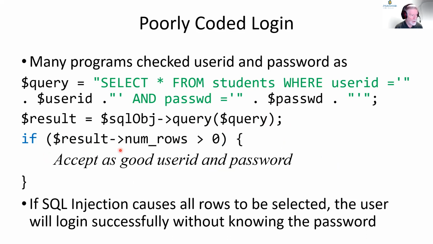And then we say, well, did we get anything? Is the number of rows returned greater than 0? Assuming that if the result is 0, if there are no rows returned, then there aren't any lines in the database that include that user ID and that password. So you're checking to see if the user entered the right password. And if you get something other than 0, you say, well, then that data occurs in the database, and so it must be good. Except